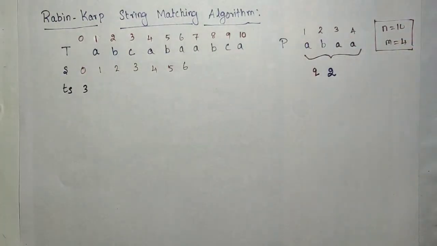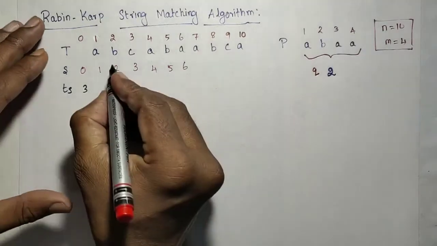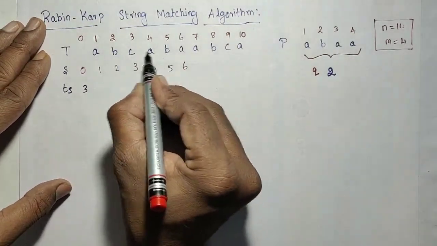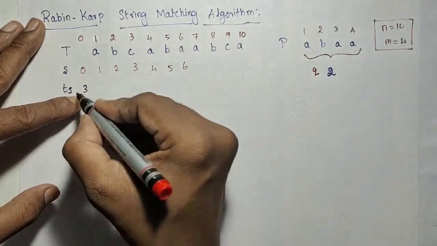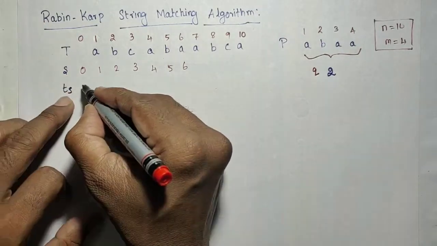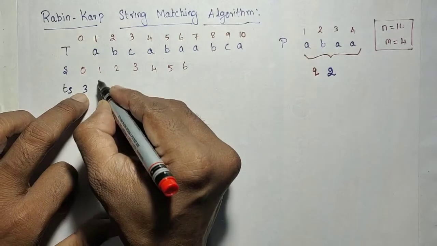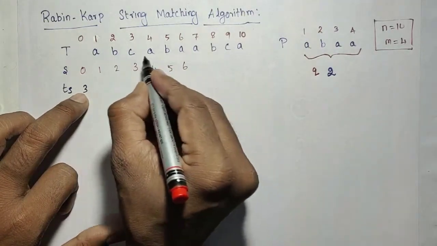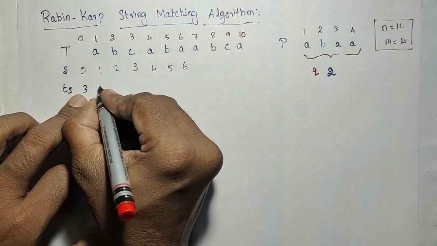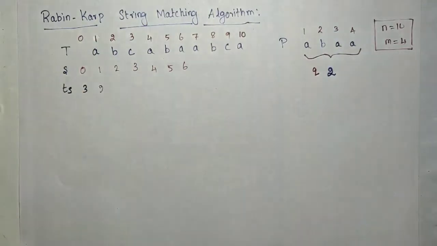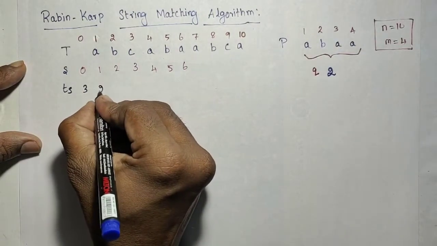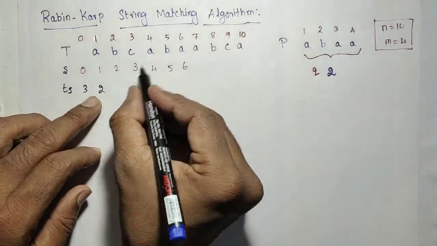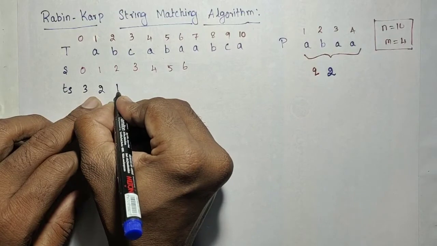Character by character comparison is avoided here. Next, similarly, assume the next 4 characters. Before that next iteration, in that 0th iteration itself, t1 will be calculated. So t1 will be the next 4 characters' equivalent number, that may be 2. Similarly, the next 4 characters, CABA, may be 1.